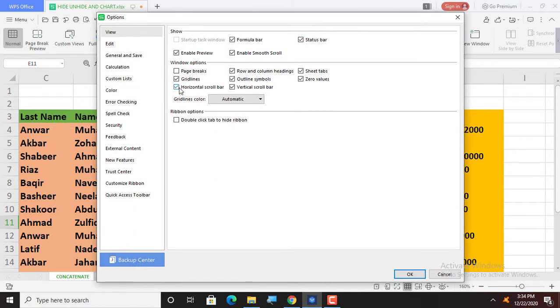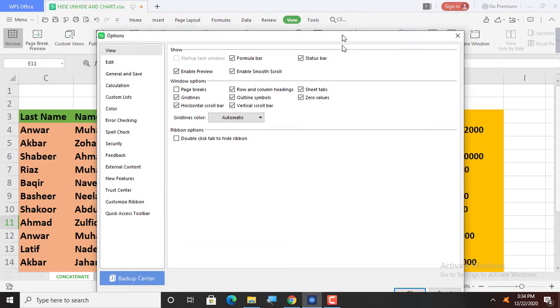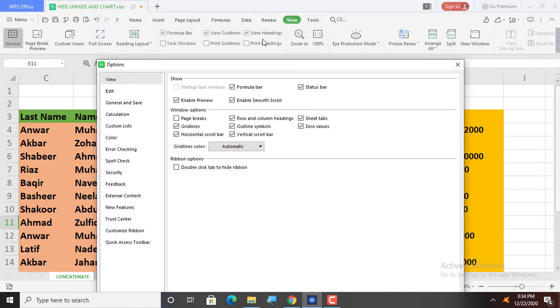Similarly, if these things are not available on the front page in the View option, which we were using, view headings, view grid lines, it can be done from here. Here you can see rows and columns headings and grid lines. Grid lines are the lines representing the cells, which you can make disappear.